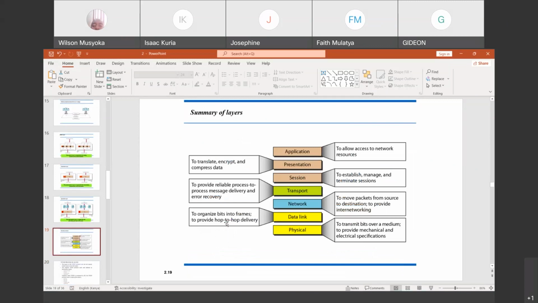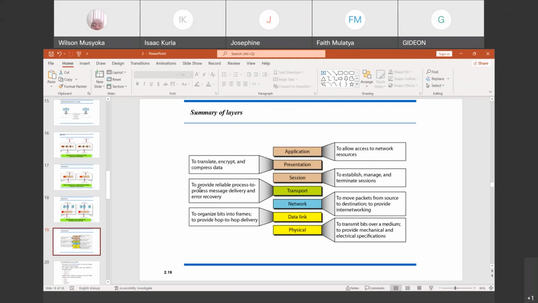So here is the summary, whereby we say that the application layer is supposed to provide network services to the user. Presentation layer is responsible for translation, encryption, and compression of data. Session layer is supposed to establish, manage, and terminate sessions. Transport layer is responsible for process-to-process communication or message delivery and error recovery.